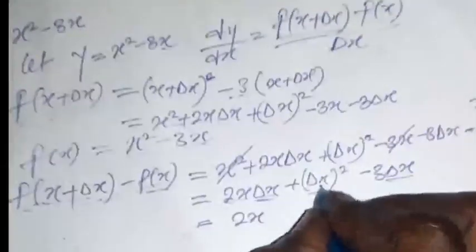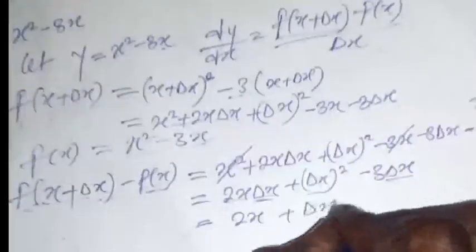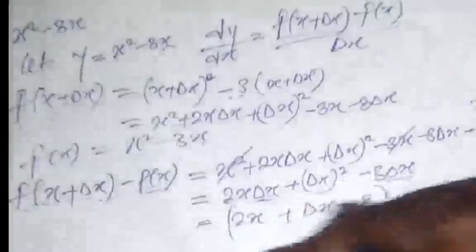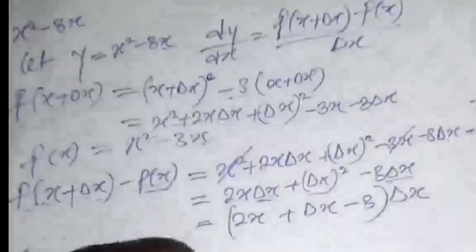Here, when we factor out delta x, delta x remains. Here, when we factor out delta x, 3 remains in the bracket, minus 3 delta x. Therefore, now let us evaluate the limiting value as delta x tends to 0. Therefore, let us evaluate